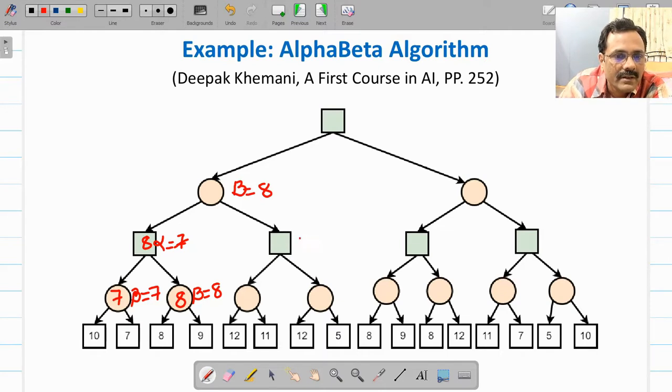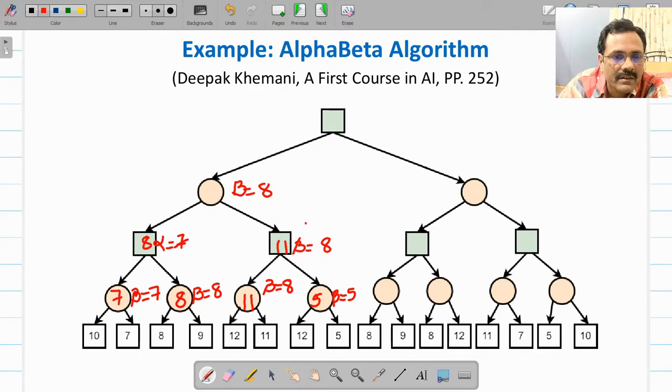So by that time here you will have to copy this value, beta is equal to 8. Min node, the value of this node will be 11. Now it is getting 11, the value of beta was 8. Now the value of beta does not decrease, so it will remain the same, and then it will come here, minimum of these 2 is 5, the value of beta is 5 in this case. So this max node will take max of these 2, so the value of this max node will be 11.